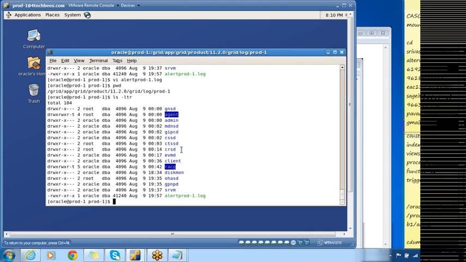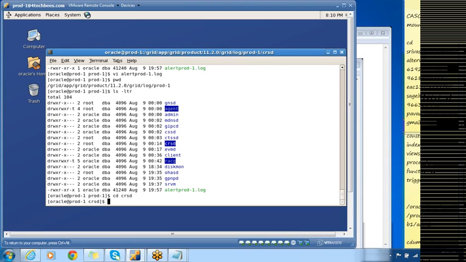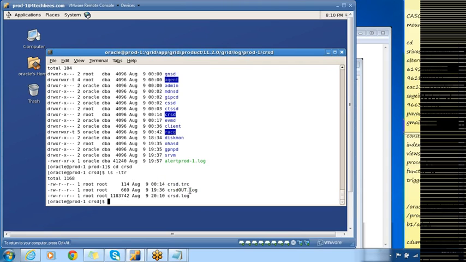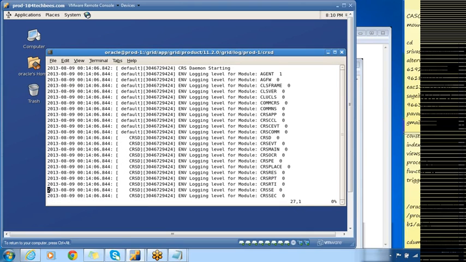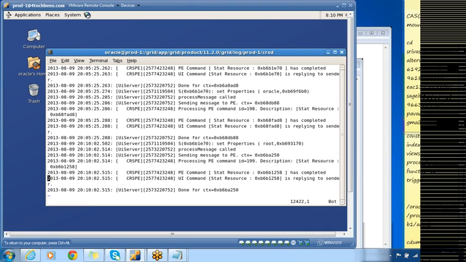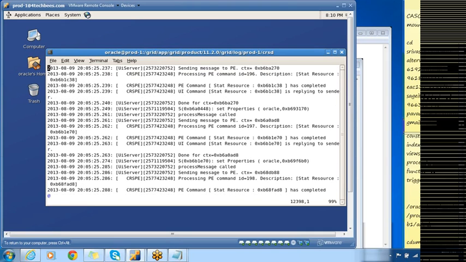So if you want to look at the output of the CRSD daemon process, you can go into the CRSD folder. You can see the CRSD.log file. Whatever the CRS command is trying to do will be registered in the CRSD log file.